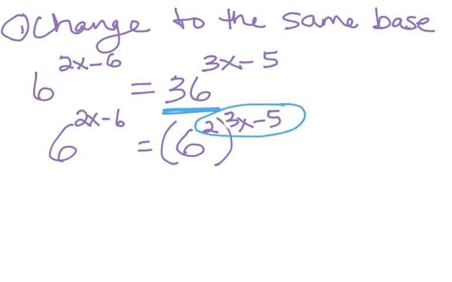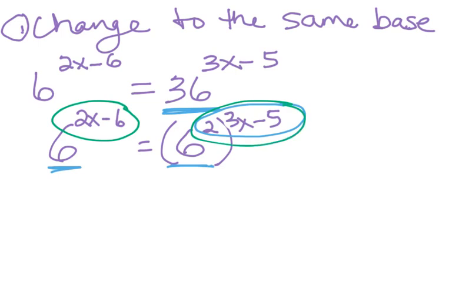And if you have the same base, they're both 6, then you can set your exponents equal to each other. So at that point, we now get, on the next line, 2x minus 6 equals